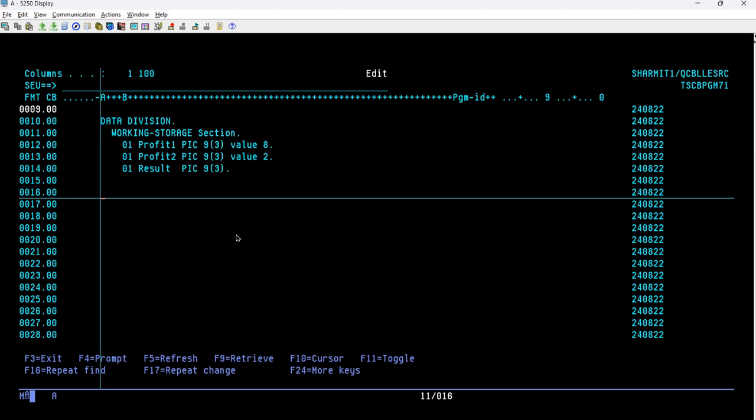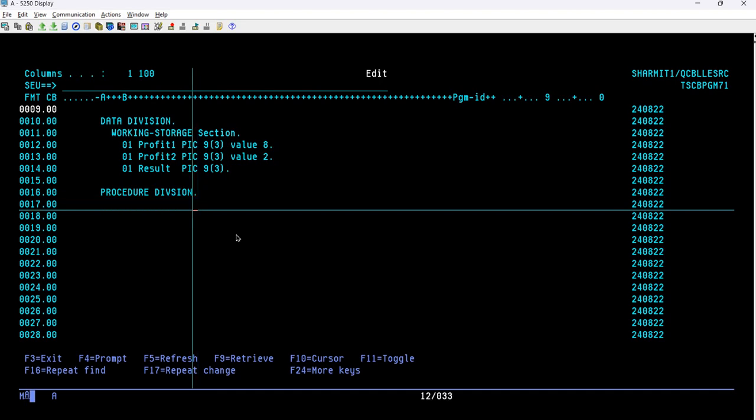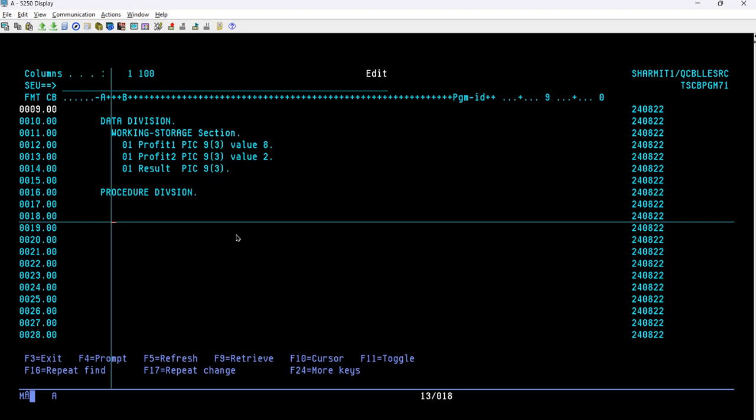Now it's time to declare the procedure division where we will write the main logic. So I'll write here procedure division. Okay, so in this procedure division, when we write the main logic, it's needed to write the display command first. So display, and here we will write profit1 value before any modification,